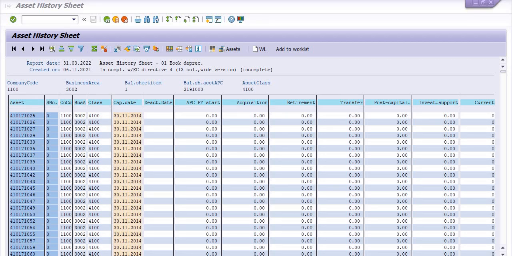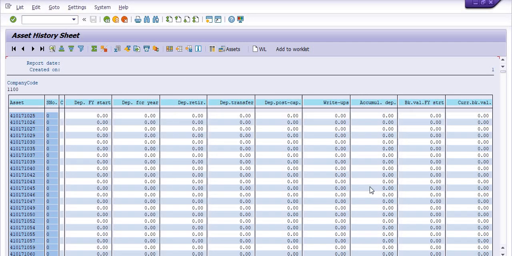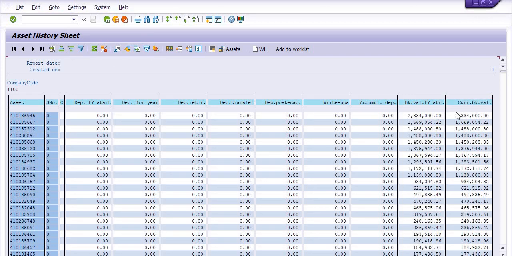See, this is all the AUC assets as per financial year. Okay, you have to select this column, current book value, and click on sort in descending order. See, these are from highest to lowest value.